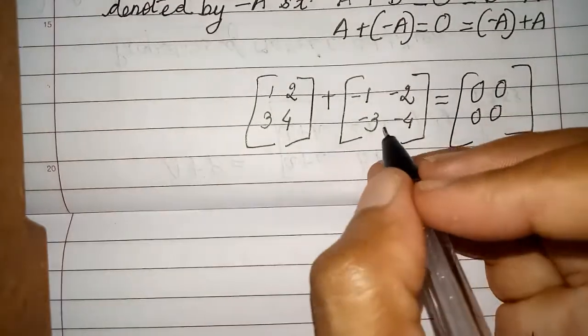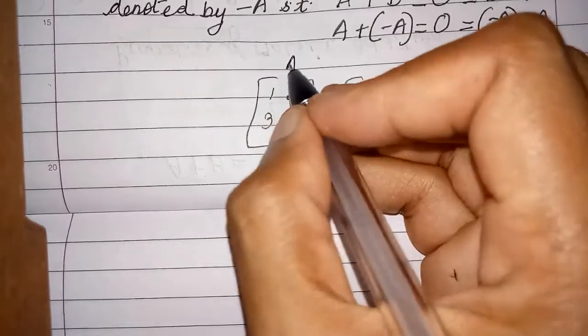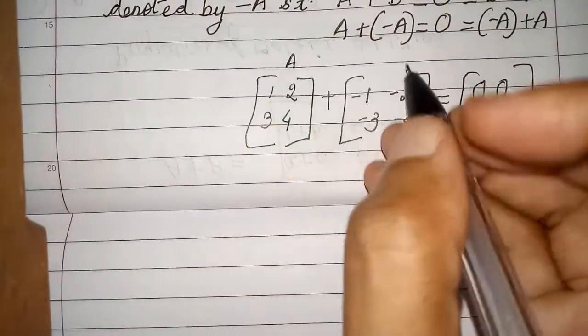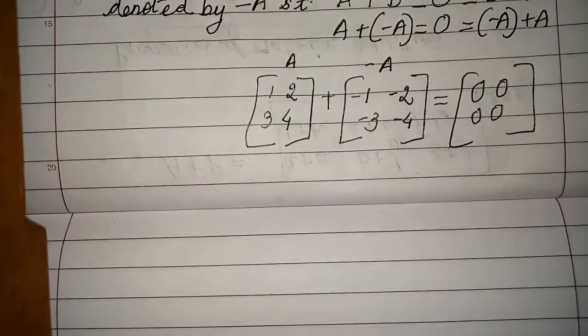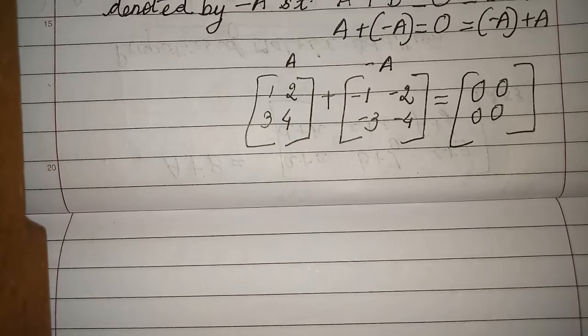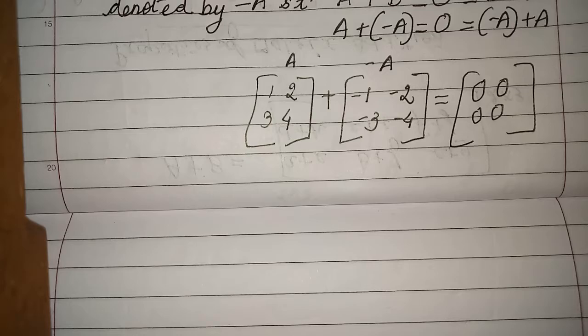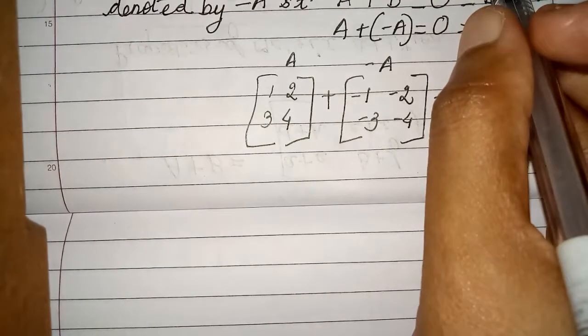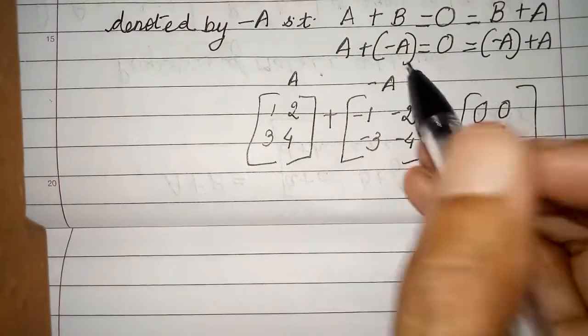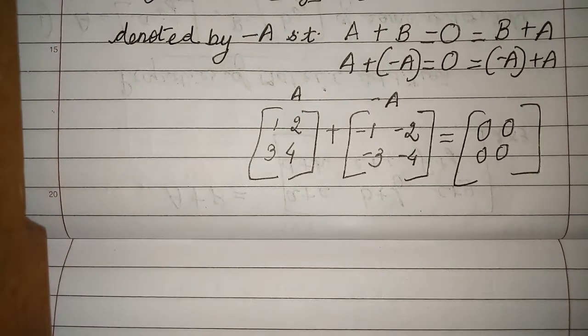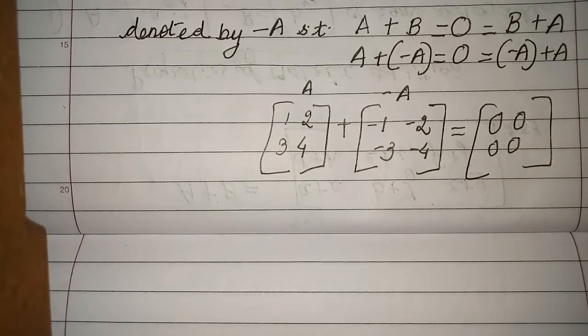Yes. So basically what is this, children? If this is my matrix A, then this is minus of A, because you can see all entries inside are multiplied by a minus sign. Is that clear? So this is called the additive inverse of A, or the negative of a matrix A. Is that clear? Now moving on to